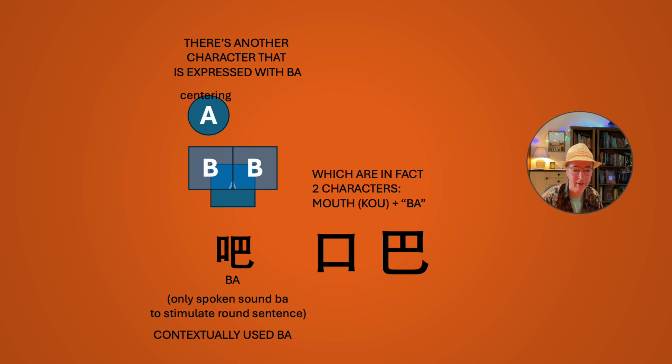But here the center is taken out, and there comes out another character. There are 2 characters actually. The mouth, cow, and Ba as the sound. And this sound is often used in words at the end of a word just to make a sentence a bit more round, a bit not so hard